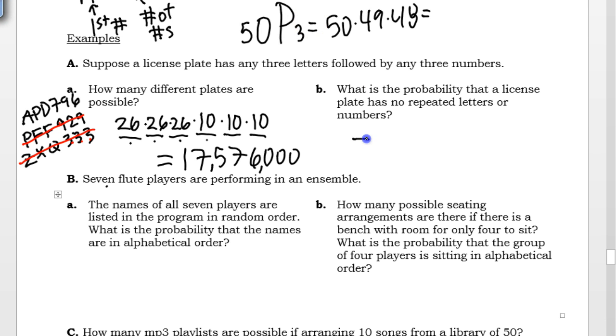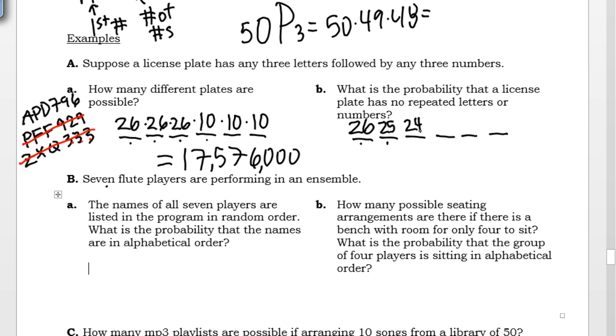I have 3 letters, 3 numbers. If I can choose any letter of the alphabet for this first spot, there are 26 letters to choose from. But now that I've chosen a letter, any letter I want, let's say I chose the letter A, I no longer have that letter as an option in this blank. So now there's only 25 possible letters. I've used up one. I've used up another one in the second spot, so now I only have 24 possible